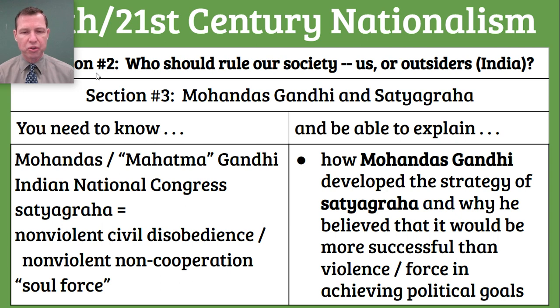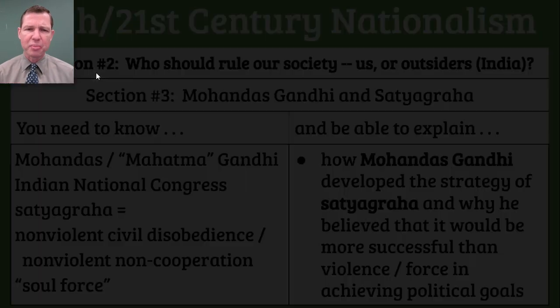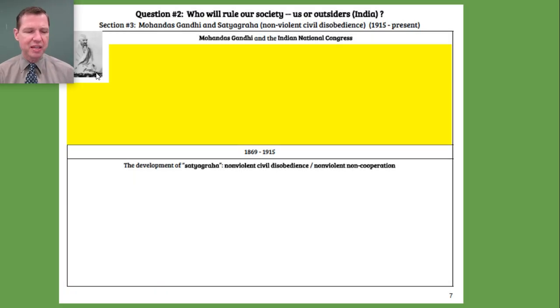And we're working through three different regions of the world. One of those is the Indian subcontinent, another one, sub-Saharan Africa, and then finally what we today call the Middle East. And we're in the Indian subcontinent right now. And the most famous character in the story of how India became independent from the British is Mohandas Gandhi. So I'm going to provide you with a very basic introduction to Mohandas Gandhi and the India that he grew up in.